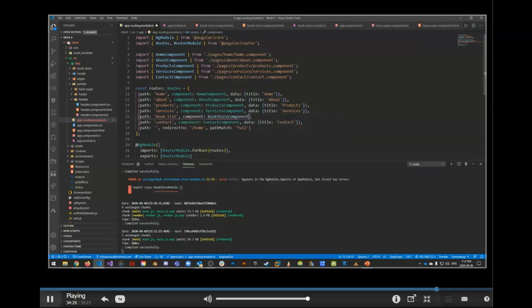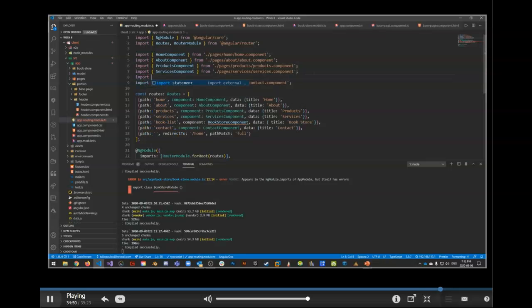Bookstore component. And then our data, we're going to pass in a title of bookstore. Okay, so that's what it's going to be. And then what we need to do is somewhere up here, our bookstore component is what we need to put in here. So we're going to import our bookstore component,